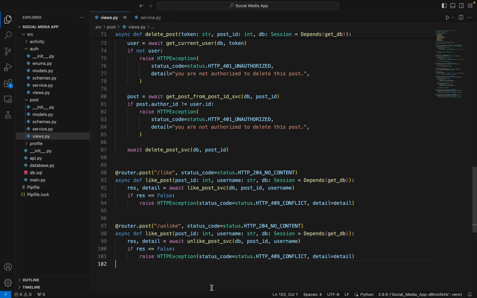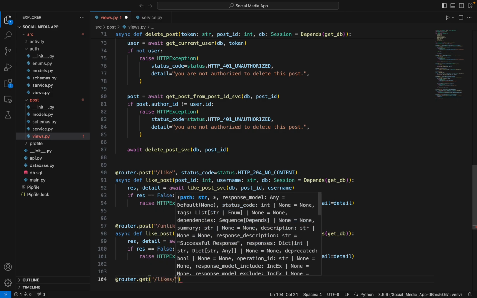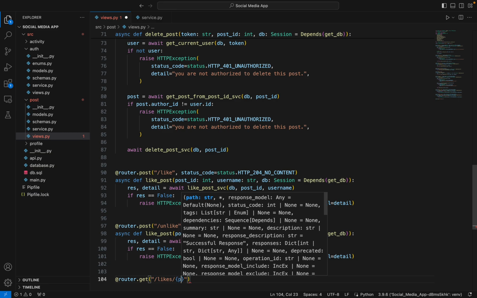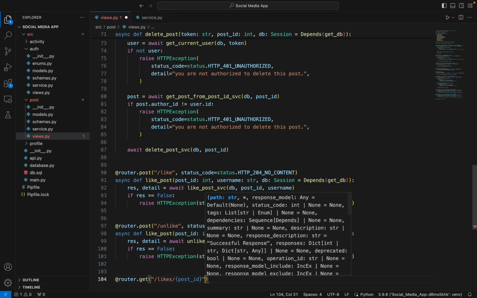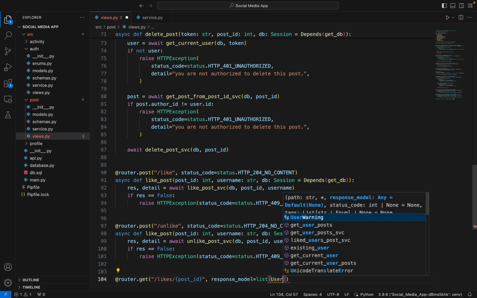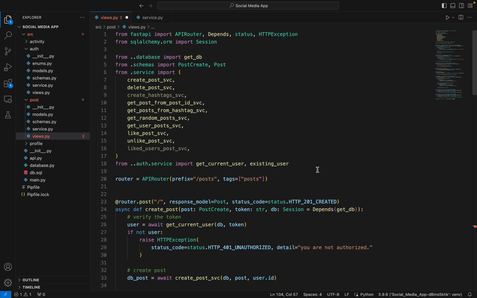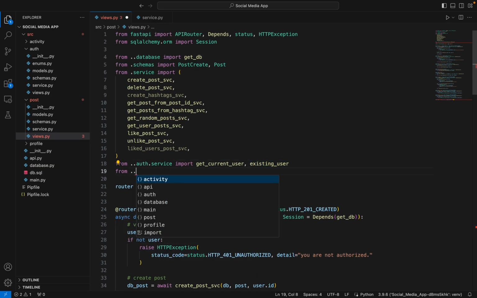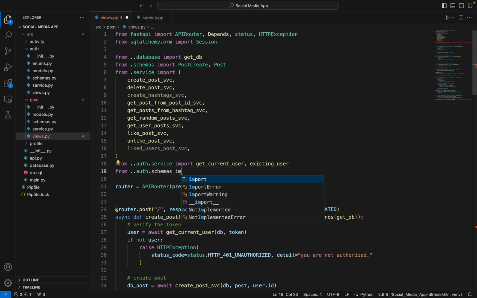Looks fine. I guess apart from this, we'll also create the users who liked a post, right? Router dot get and slash likes, and we'll take post id, and this would return me user schema. Yeah, that would be better. Response model is going to be a list of user schema. User schema, am I getting it? No. I'll just import it from auth schemas import user. Yeah,